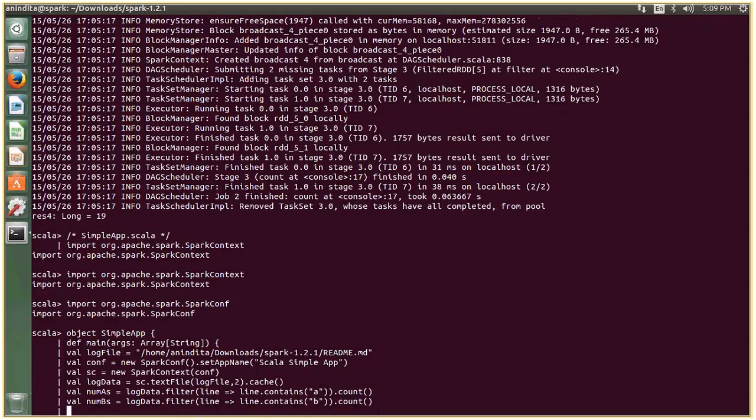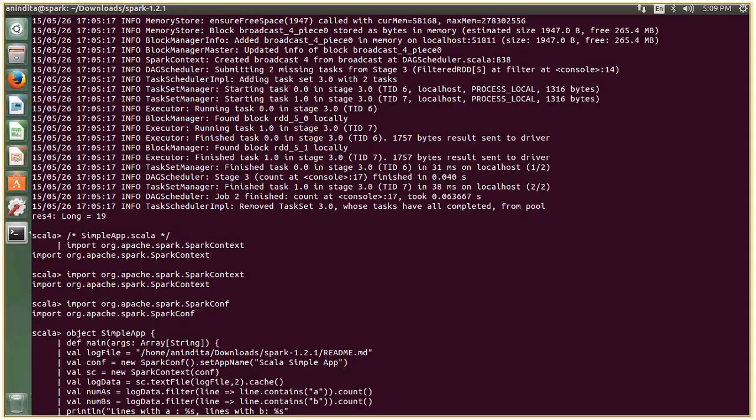Apply count. Finally, take up the println, just to print lines with A, to print out the string, and lines with B, here also to print out the string,